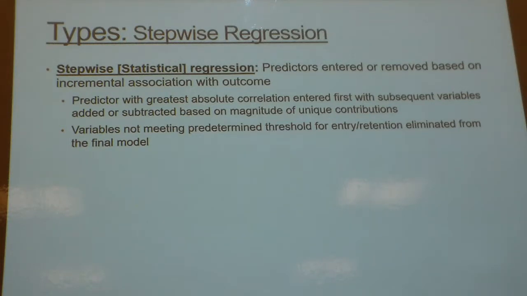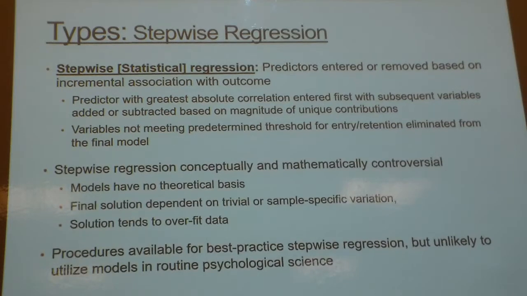And so in this type of model, what often happens is you'll say, I've got 50 predictors, and I'm just going to dump them all in there, right? And it's just a battle royale, fight to the finish, to see what comes out as the strongest predictors based on bivariate correlations. If variables don't meet some threshold for entry or retention, those get kicked out and don't end up in the final model. Okay? So what ends up happening though,